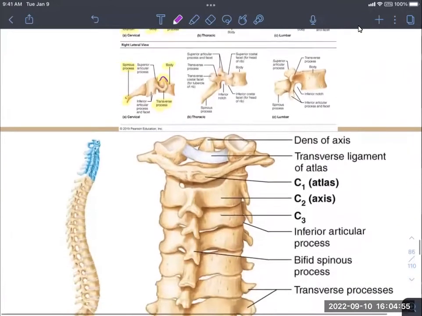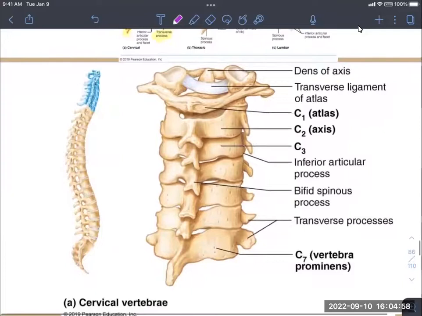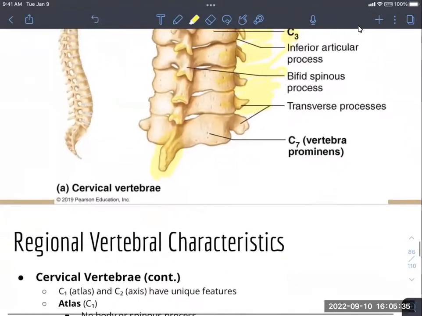different. So as we look, here is our cervical spine. We're going to go through how C1 or the atlas and C2, the axis, are different. The rest, C3 through C6, all have that bifid split spinous process. C7 has a very large spinous process. And that's how we can tell the difference between some of these. But let's